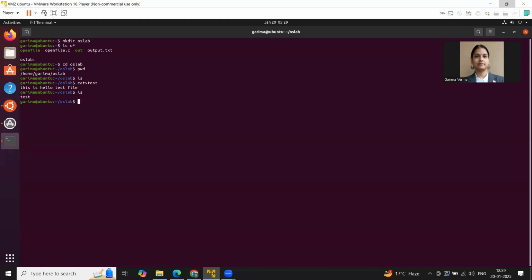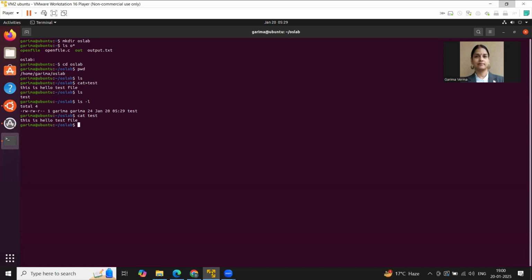Now if I give the ls command, there is one file in my directory OS lab. I can see the details also. Now I wish to see what I have written inside test. So I will give the cat command and the name of the file. It will display whatever is written inside the file.